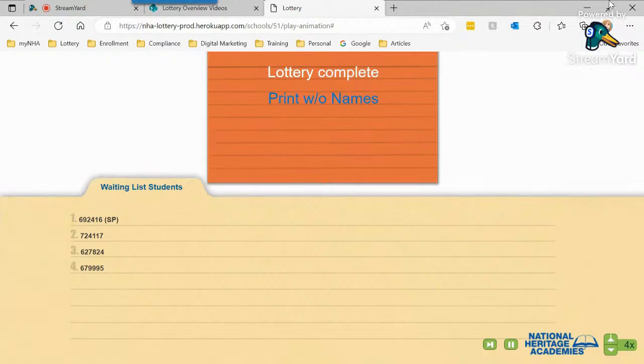Thank you for joining us, and congratulations to all who've been accepted. We'll be posting lottery results online shortly, and we'll send communication to all families. If your child has been accepted, please keep an eye out for more information about important paperwork and information about our parent portal. If your child has been placed on the waiting list, please don't be discouraged. Movement is common, and you'll be able to keep track of where your child is on the waiting list throughout the summer. Thank you.